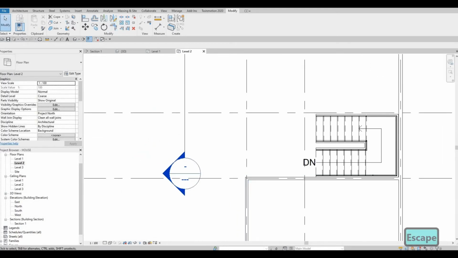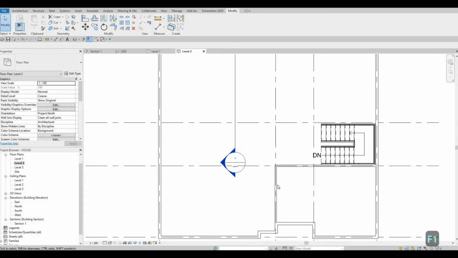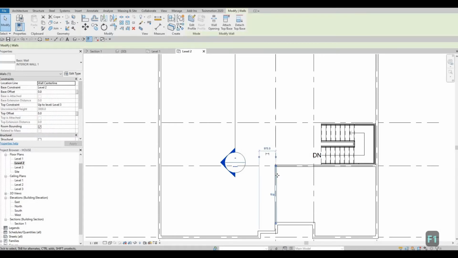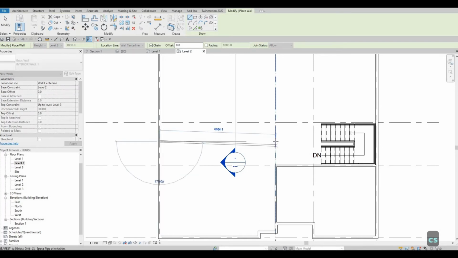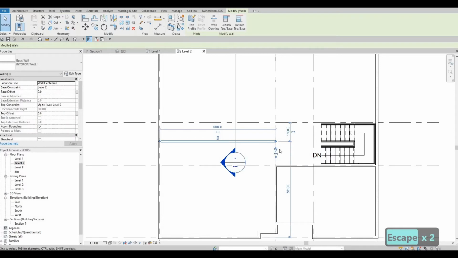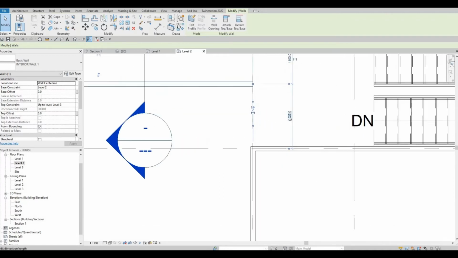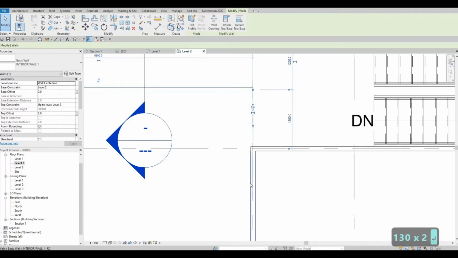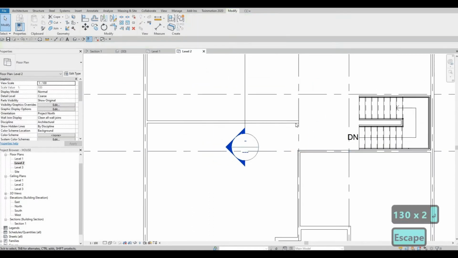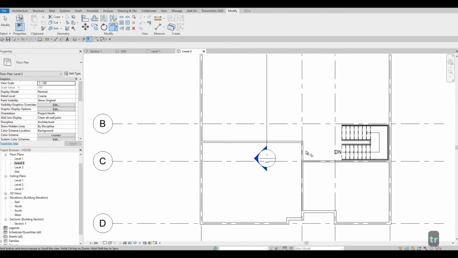After that, what I'm going to do is add a wall, so interior wall right here in the middle, and I want to measure this from the grid line. So I'm going to change the temporary dimension, and this will be around 1300, and I'm going to use trim and extend to close this off. So now everything is closed off,